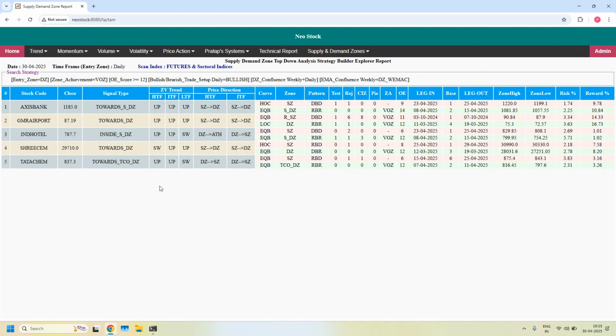So we got 5 stocks. See, weekly trend is up in all the 5 stocks. ITF trend is always up in bullish trade setup. So these 5 daily demand zones might be having more high probability to get success. Maybe that is the reason why some of these demand zones are already tested. Okay. Next we will look into